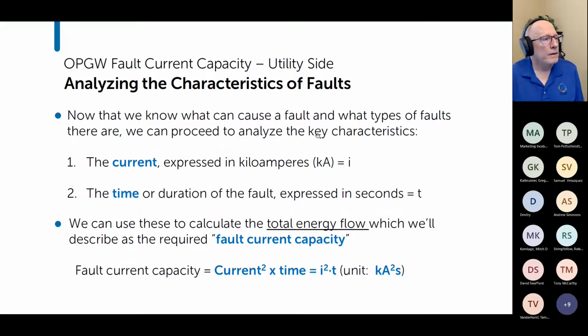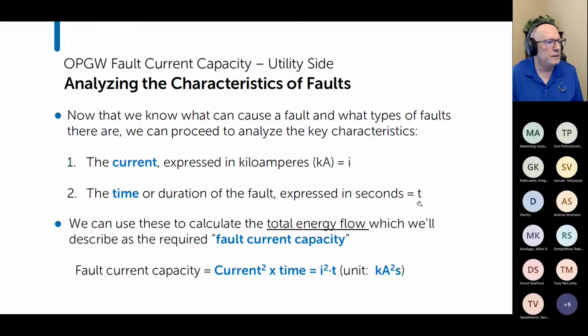So now that we know what can cause a fault and what the classifications of fault are, then we can start to look at their key characteristics. And what we see is that there are two things that we need to understand and look at. The first is the current. We'll express that in kiloamperes, and we'll use the symbol I for that. The second is the time or the duration of the fault, and that's going to be expressed in seconds